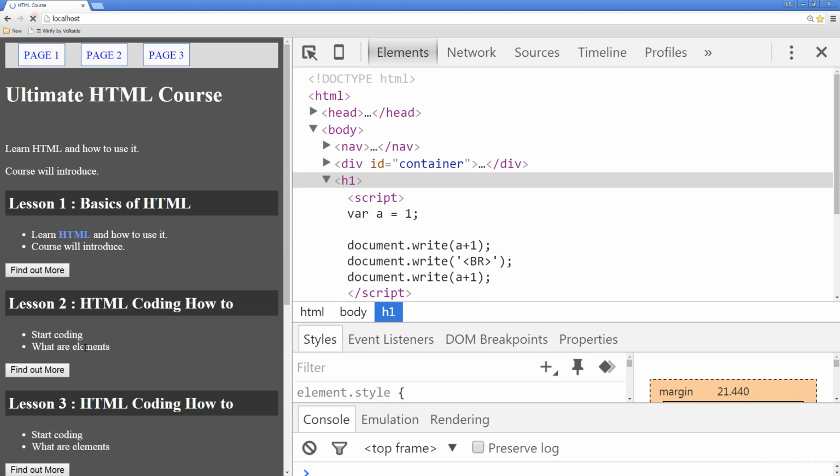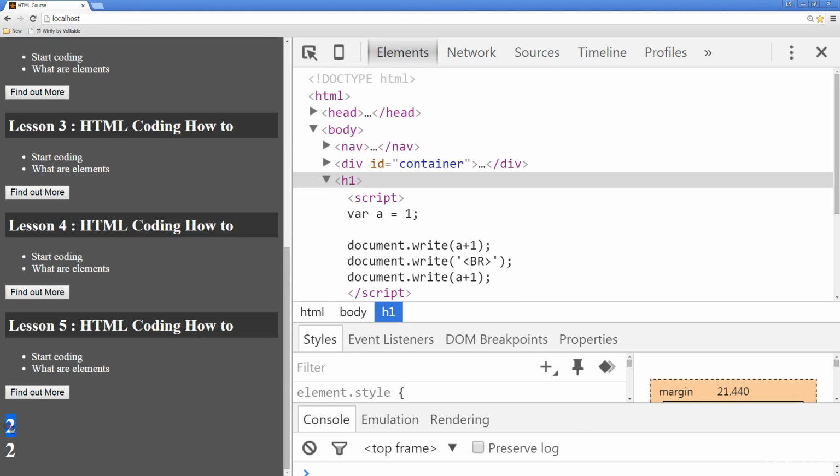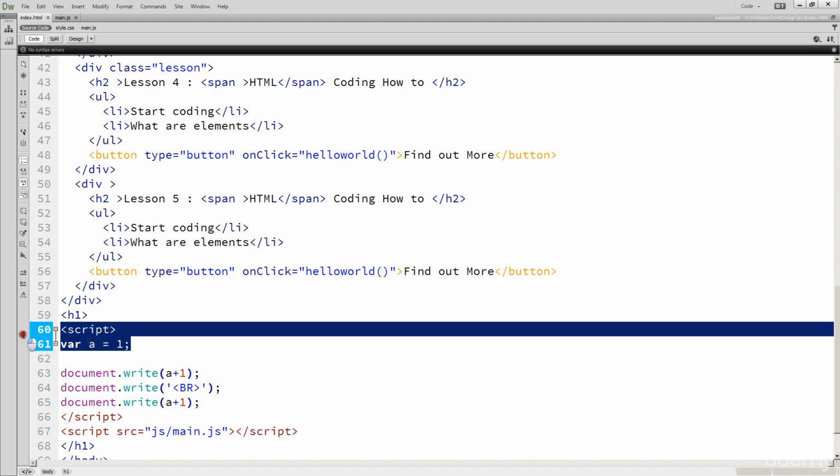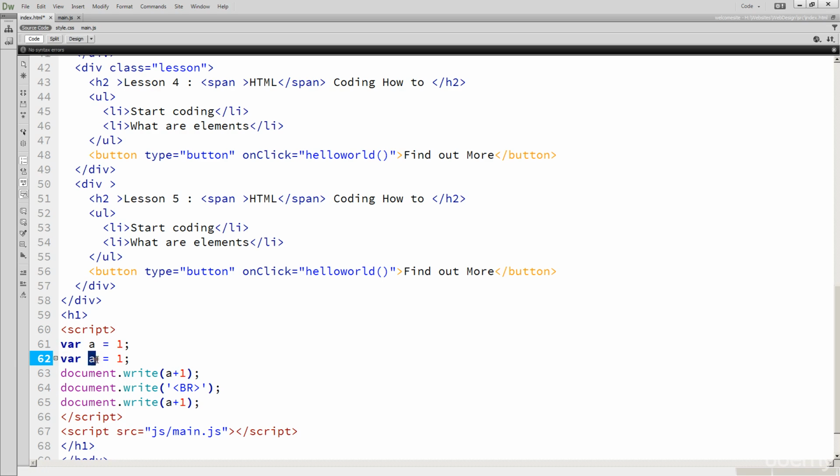So now when I go out here, I can see that the values are 2, and that's because we've got an assigned value of 1, which relates to the A, and when we call it over here, the browser already knows that A contains a value of 1, so it's just doing 1 plus 1 and 1 plus 1 again down there and returning a value of 2. And there are several different data types, and we're going to be getting into the different types as well in the upcoming lessons. So also with this, we can do something like assign another value to B,